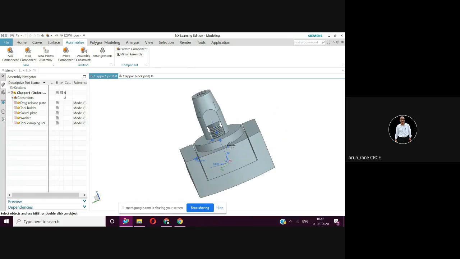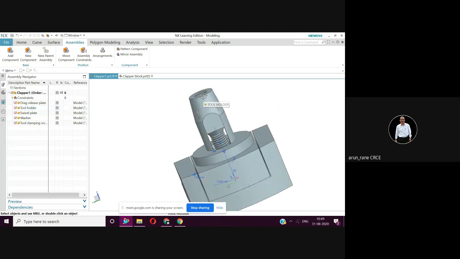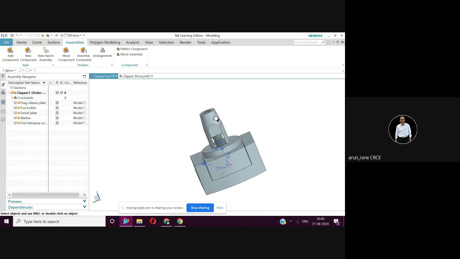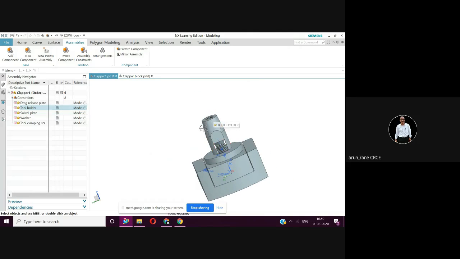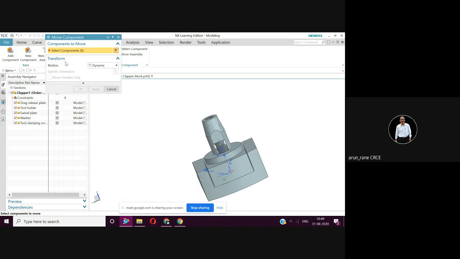Now, as per procedure, we have to move the added components to the appropriate position. Drag a little, rotate, be comfortable. Now we'll use the move command. Select component. You can select directly from here. See, tool clamping screw.